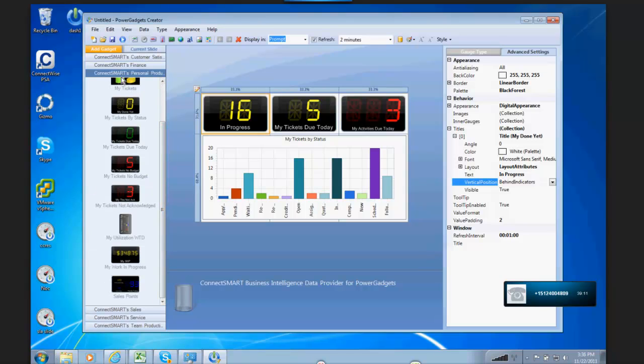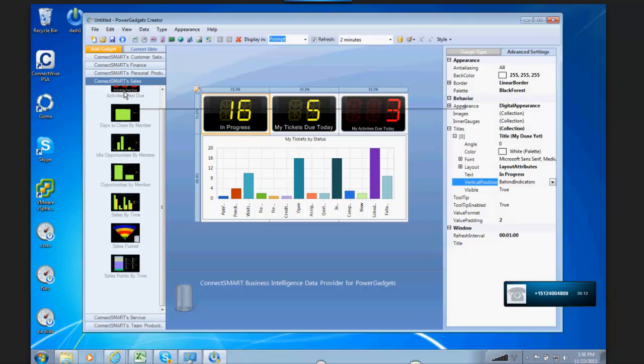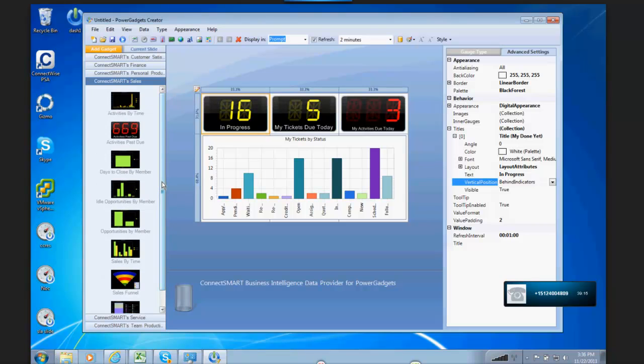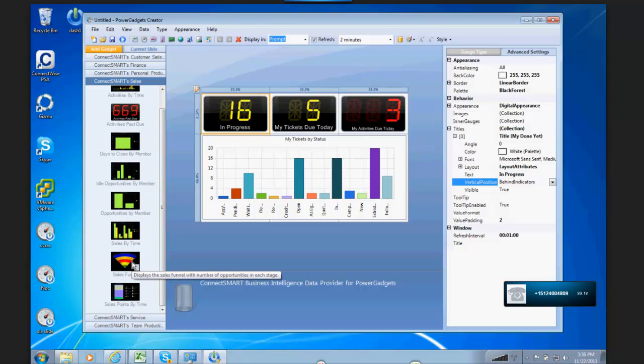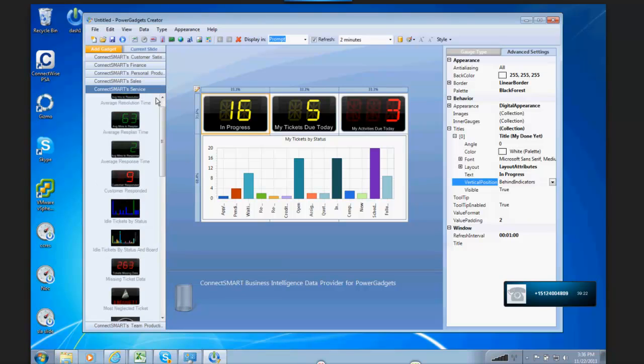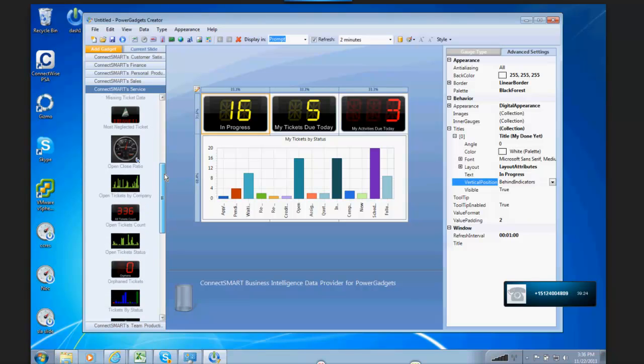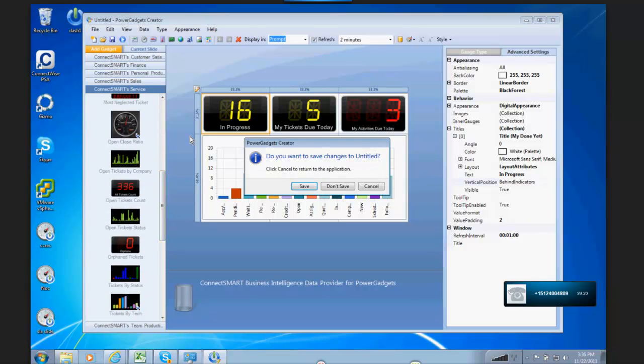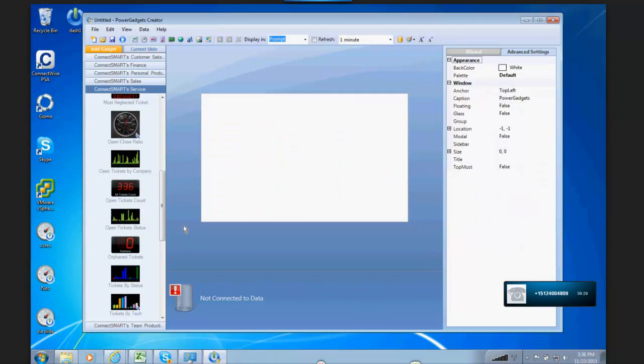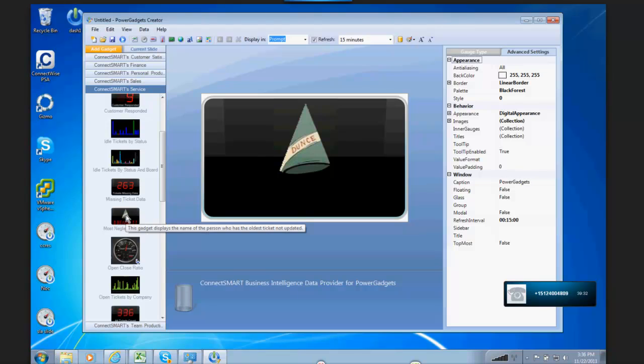Okay, so all the different My Gadgets. We have the various sales gadgets. You'll notice that some of you may not have used the sales funnel, but we do have that sales funnel in here as well. All of the favorite service gadgets are in here, and I want to point out something here for everyone. This is our DUNTAT, the oldest ticket not updated. So who's responsible for it? I just wanted to show here